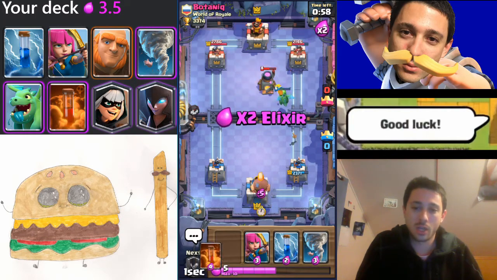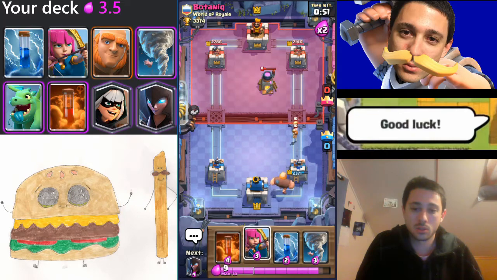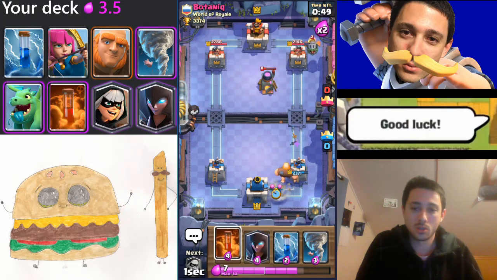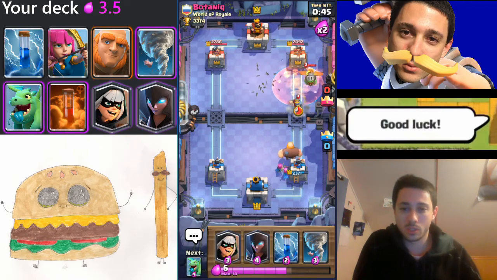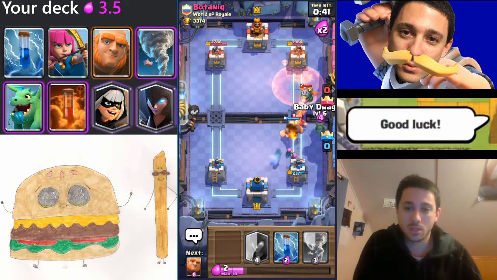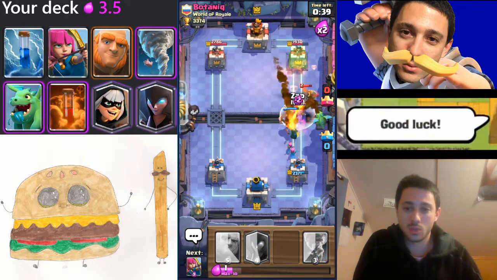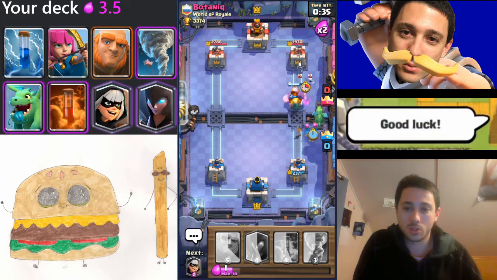Alright, I'm just going to put the giant down because it's double time. He's probably going to put his Expo down right after, but that's okay. I'm going to try to build up a big push here. I'll chip away at his tower and his Inferno Dragon with some poison. I got my zap in hand, so I'm ready to counter that Inferno Dragon. Here we go. And hopefully I can finish it off with the baby dragon and the archers before it destroys